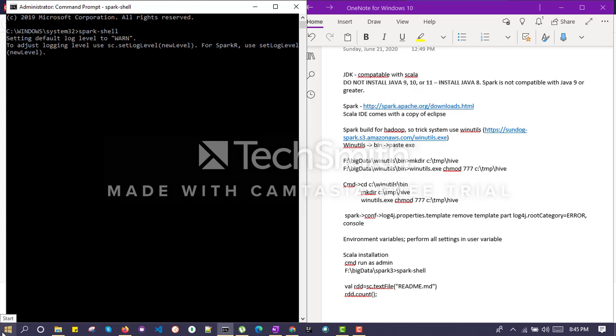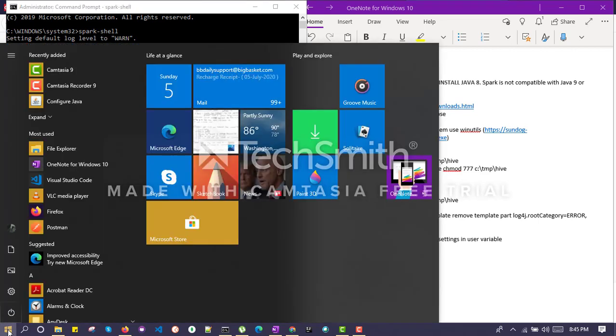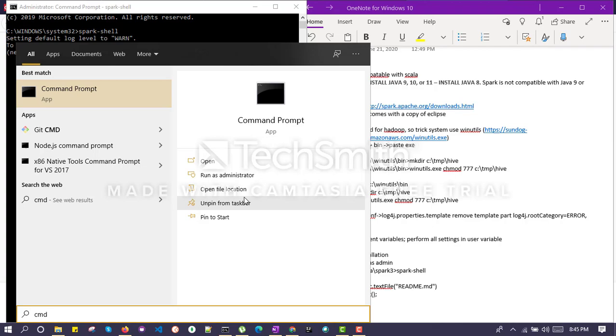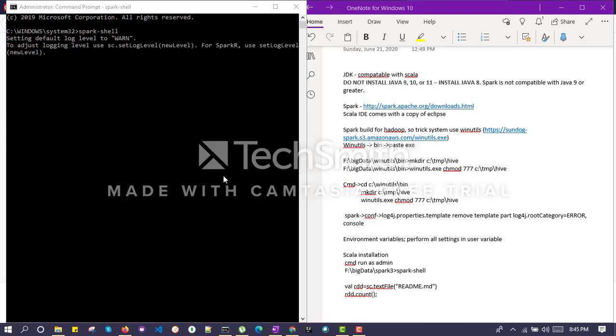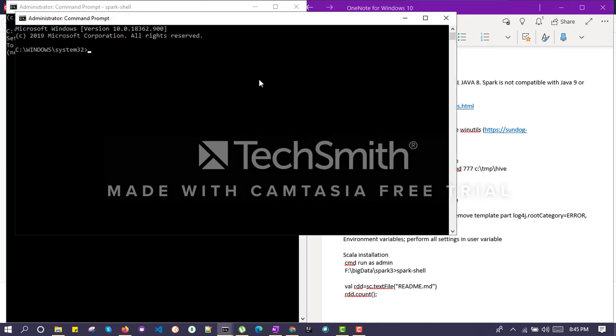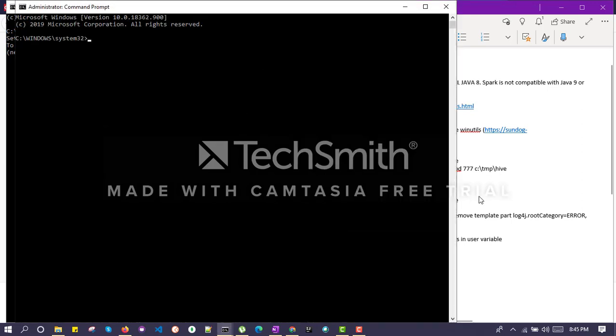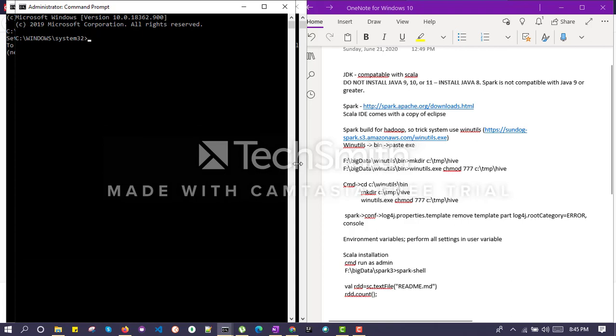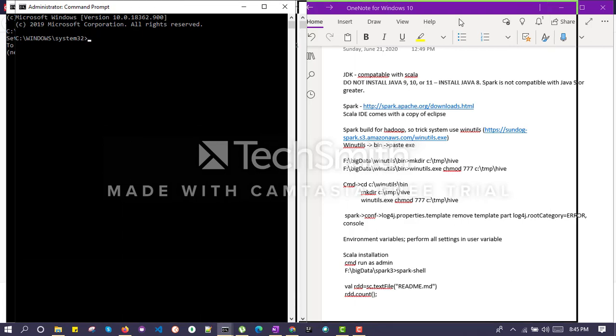Let's open another CMD window. In this window, we will just navigate to a Scala folder.